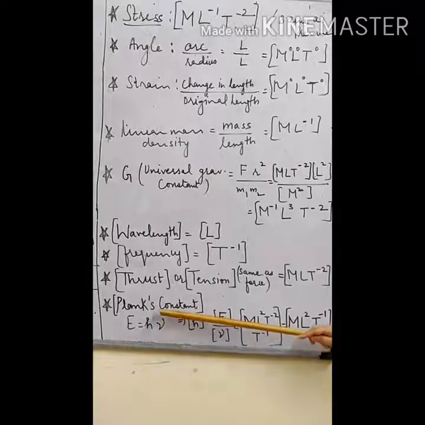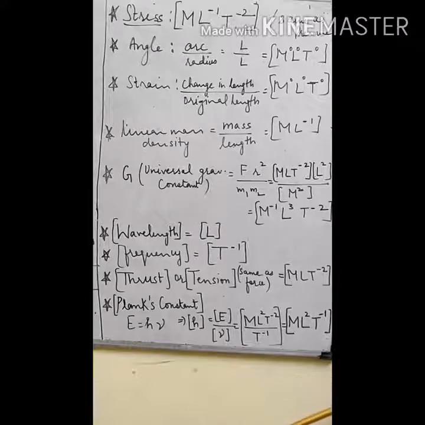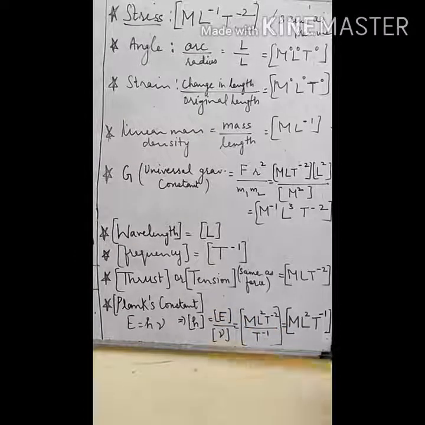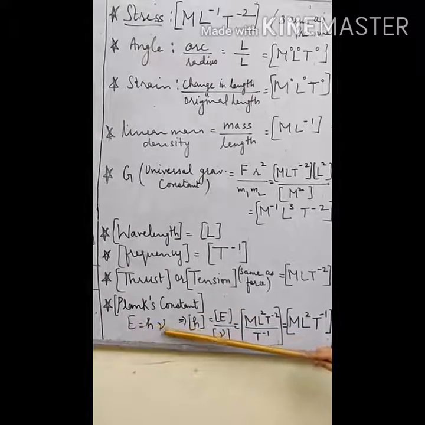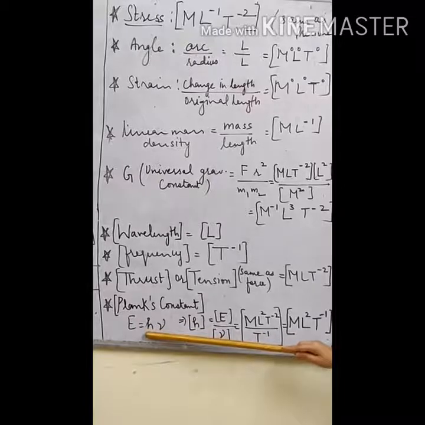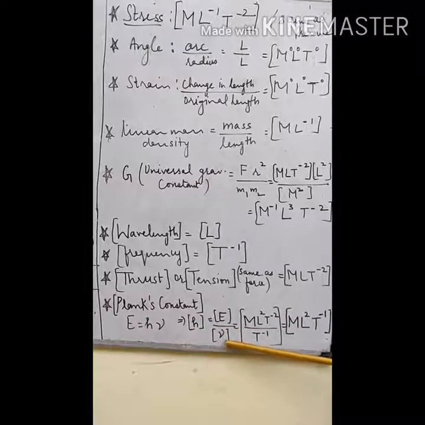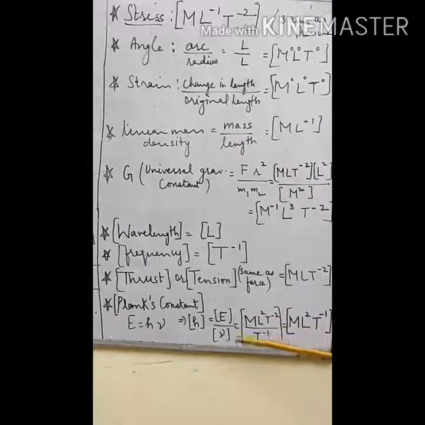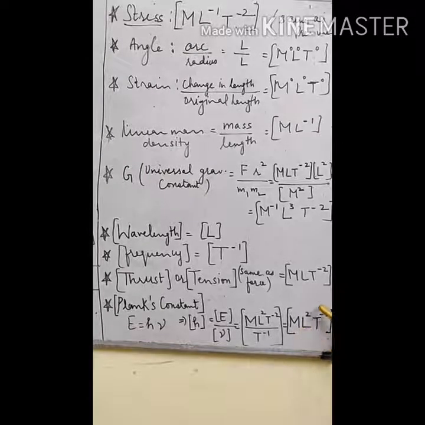Next is Planck's constant. Planck's constant is a number whose value is 6.63 into 10 to the power minus 34 joule second. The formula is E is equal to h nu, where E is energy, nu is frequency, h is the Planck's constant. Finding out the value, h is equal to E by frequency. Formula for E, energy, is ML²T^-2, and for frequency is T^-1. Hence the dimensional formula for Planck's constant will be ML²T^-